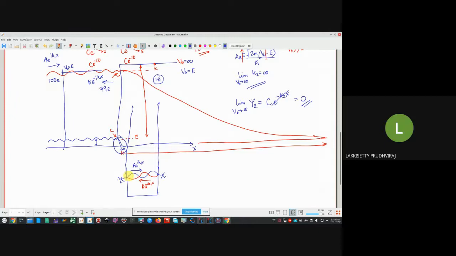Correct? So, the problem which we are seeing in today's lecture is that this is absent. It's only one barrier. After one or two lectures, I'll just add the second barrier over here. Then we will get the infinite potential well. This is a typical problem which we see in the textbooks.